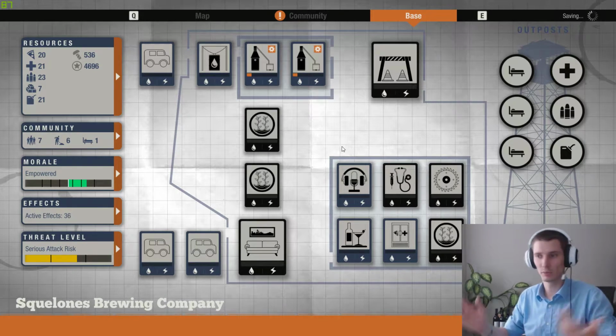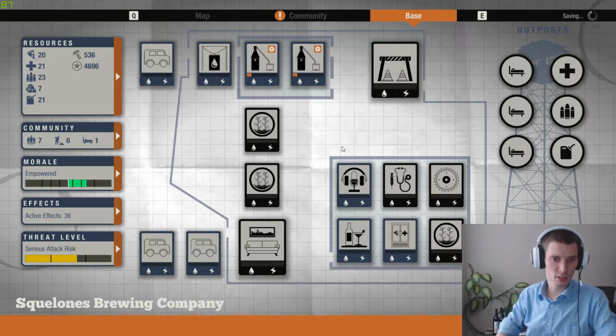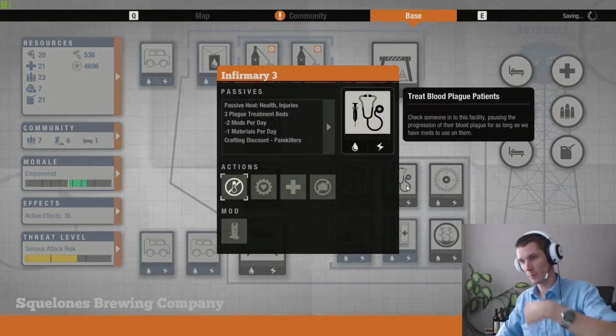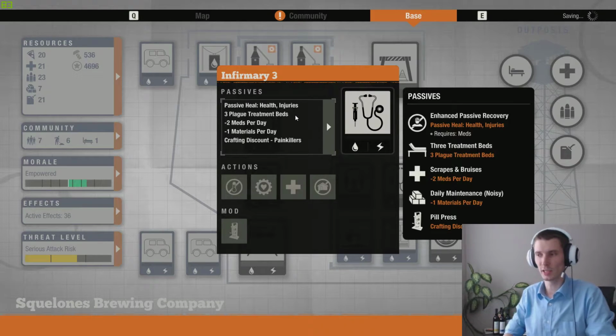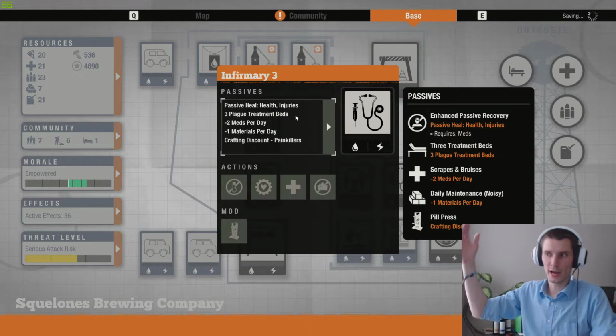That's why I like it, simple as that. Moving on, in 12th position we are back to the infirmary, and this is the pill press that I'm suggesting to have. I'll quickly explain why it's not in a higher position, because